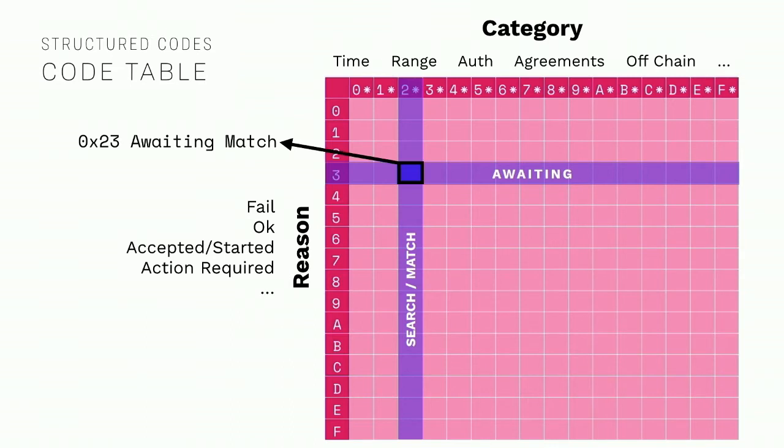So even as a developer, there's a helper library for this, but instead of having to memorize 256 codes, you just need 16 and 16, so 32, and you can reconstruct and read them directly. In terms of space, so again, 256 codes available in the space, we've defined around 90 so far. To put that in perspective, HTTP has about 65. So we're already more granular, with also a different design space, but more granular than HTTP already.